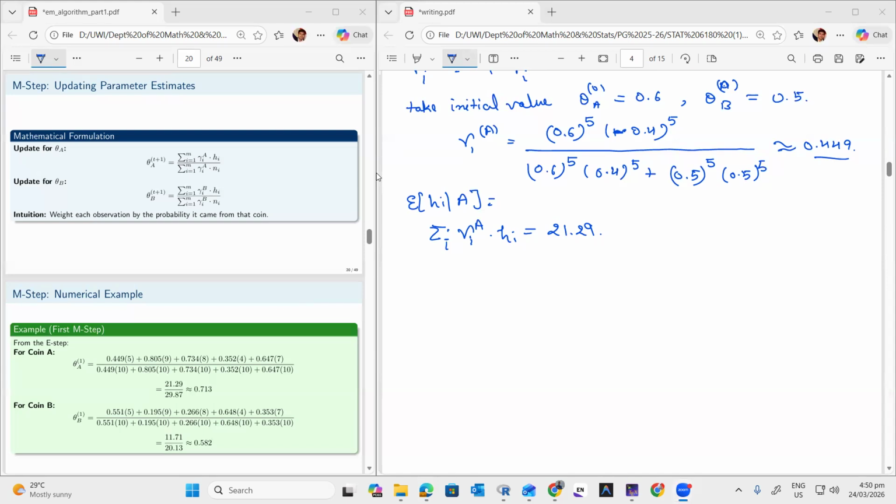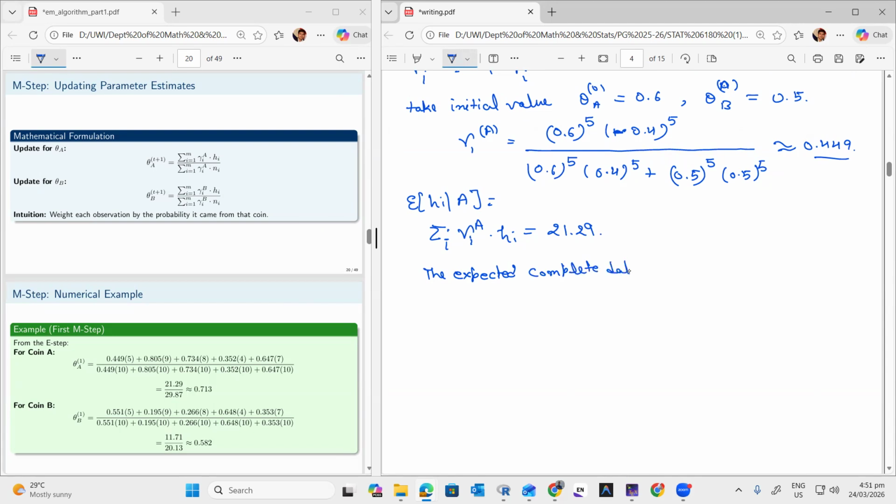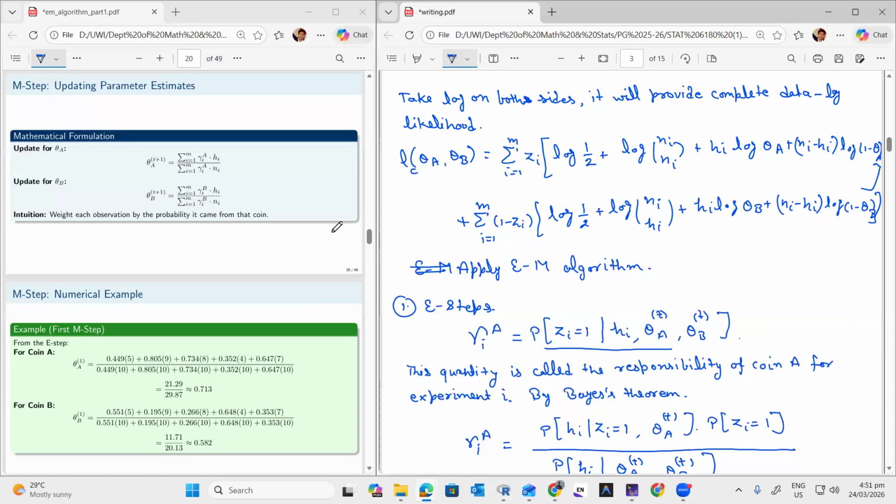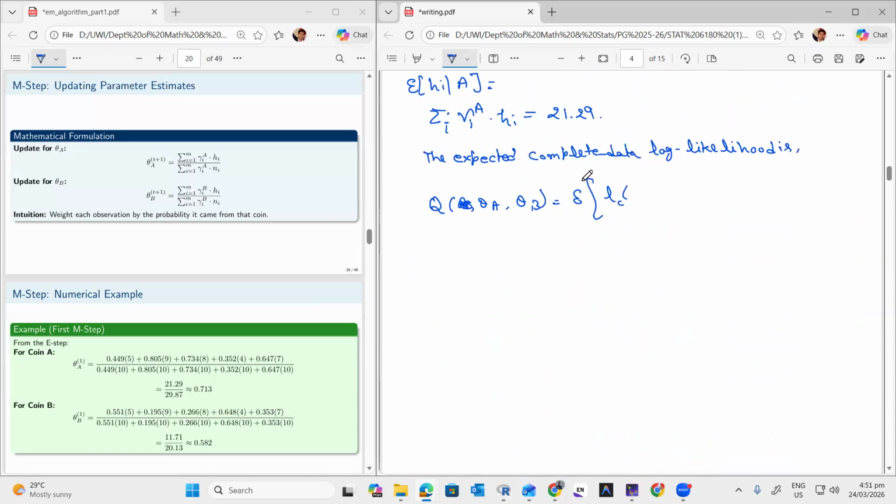Okay. So I just move further. So then the expected complete data log likelihood is Q, theta A and theta B. That will be basically the expected value of your complete data log likelihood that we defined here, L_C of theta A and theta B. The expectation of this one,